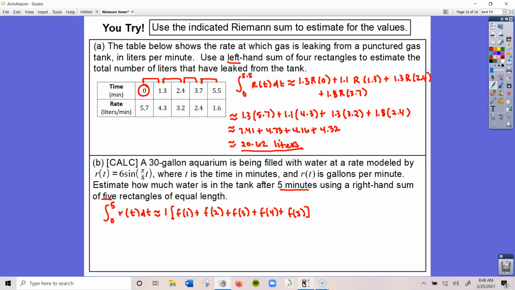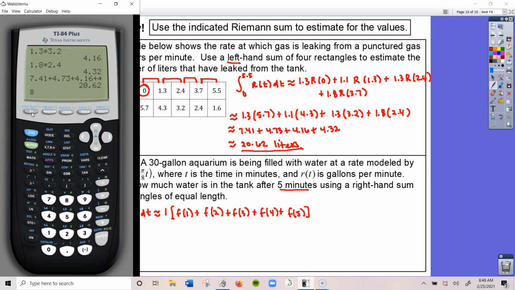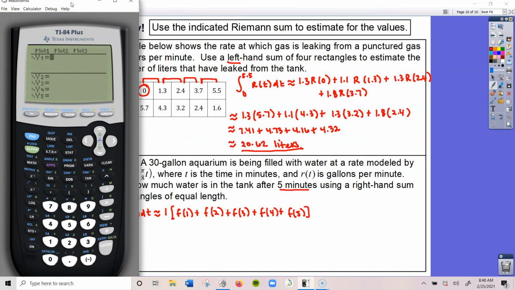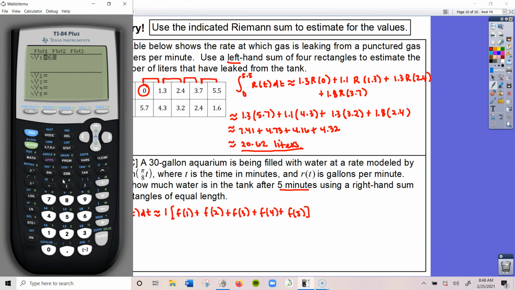Now let's go ahead to our calculator. Let's graph that function and get those function values. So we are graphing 6 sine of pi x over 8, which is the same thing. Okay, and let's adjust our window to reflect the interval, which is 5. So let's get f of 1,